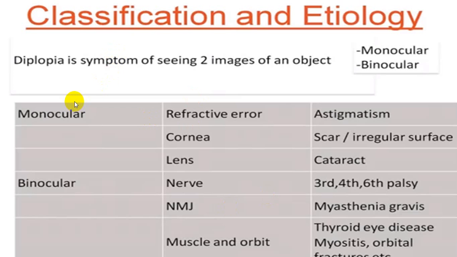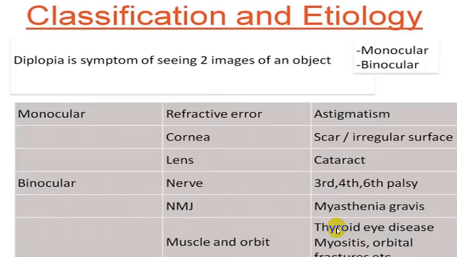Some of the monocular causes, classical example, refractive error, astigmatism can produce monocular diplopia. Cornea, corneal opacity, scars, irregular surface, and in the lens, cataract. This will be the most common cause for monocular diplopia, while binocular diplopia is most common with third, fourth, or sixth cranial nerve palsy. As far as a myoneural junction is concerned, myasthenia gravis, and muscle involved like myositis, thyroid eye